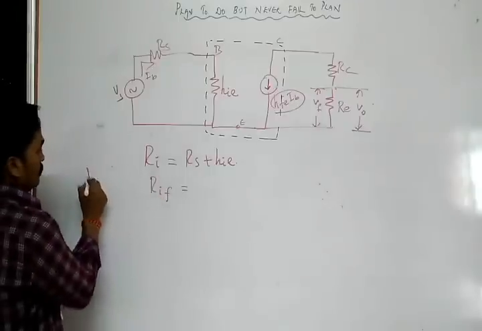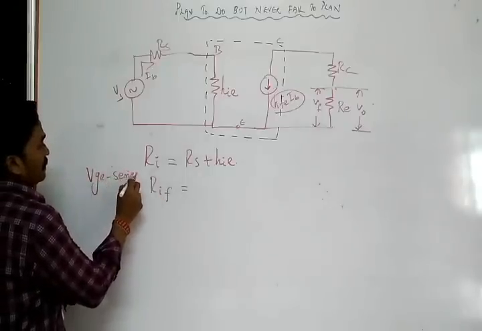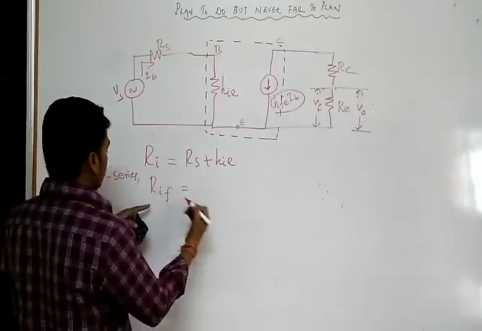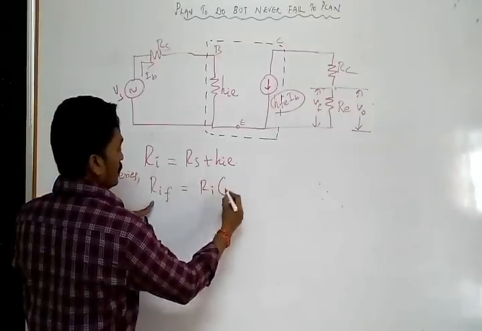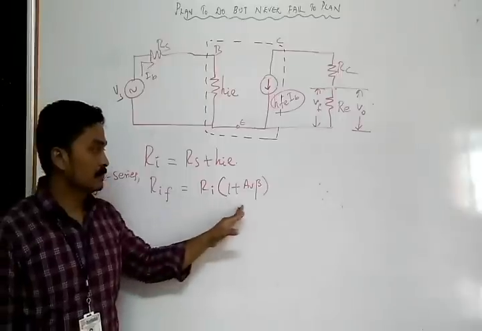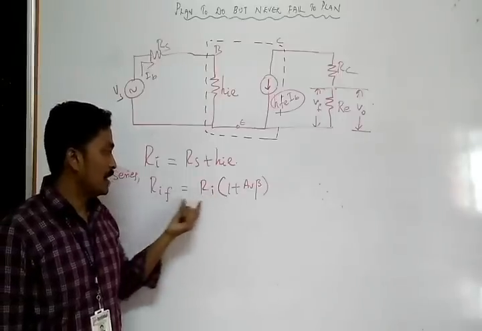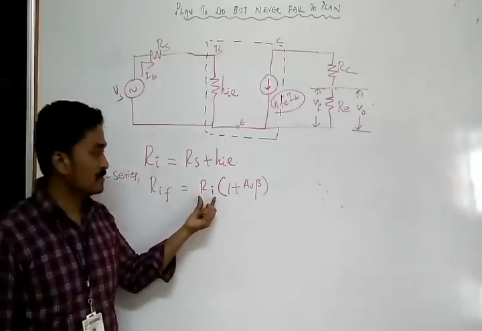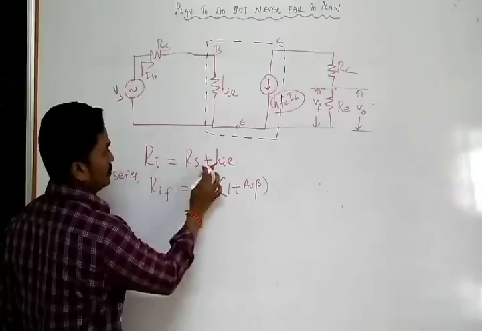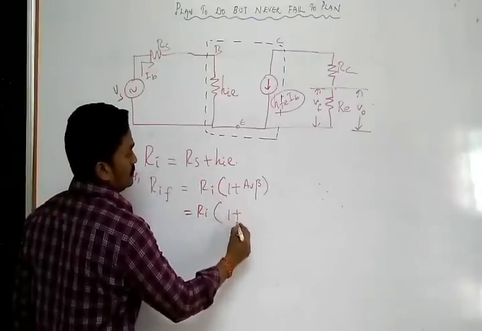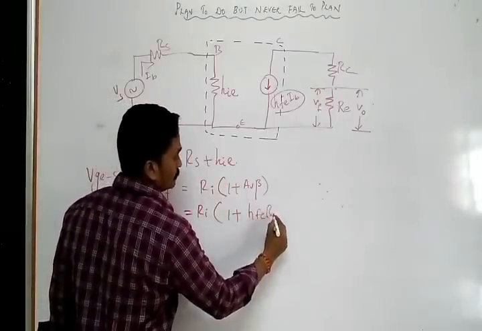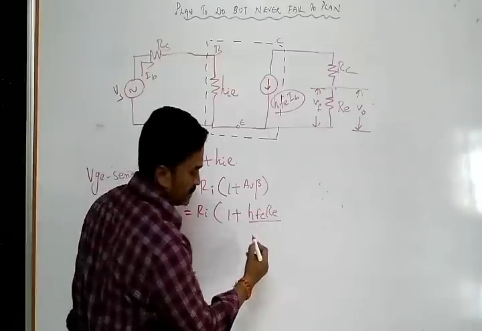Because this is a voltage series feedback amplifier, the input resistance value is increasing by a factor 1 plus AV beta. You go check the previous lecture and see what is the RIF of the voltage series feedback amplifier. It is Ri into 1 plus AV beta, and we know what is Ri. So Ri into 1 plus, just now we have found the AV value, it is HFE Re by Rs plus HIE,